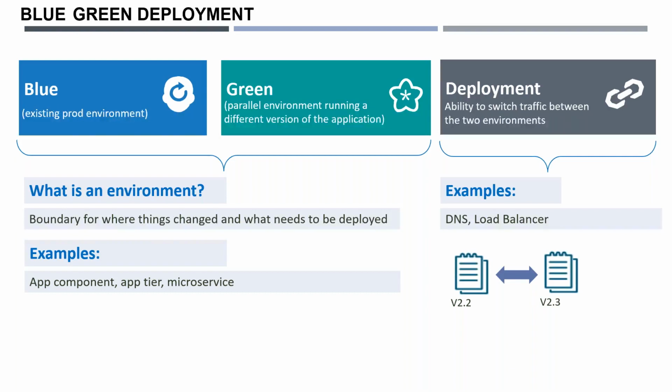Once the people are happy, the network people simply switch the network to route the request from the blue environment to the green environment, and the users will not realize it because it happens in a fraction of a second or milliseconds, based on the network bandwidth you have. Now your green environment, which was standby, is operational. Your end users will continue to use that.